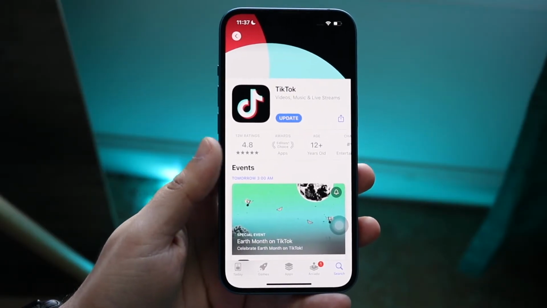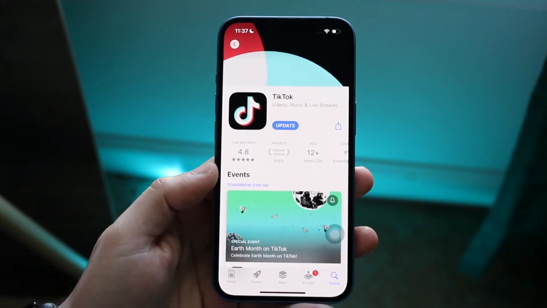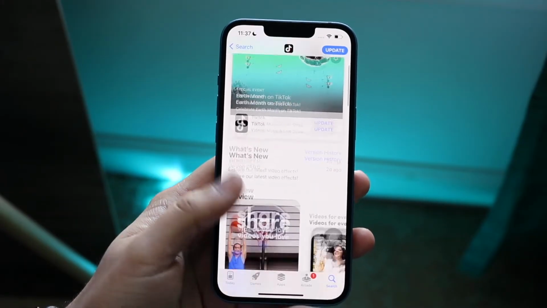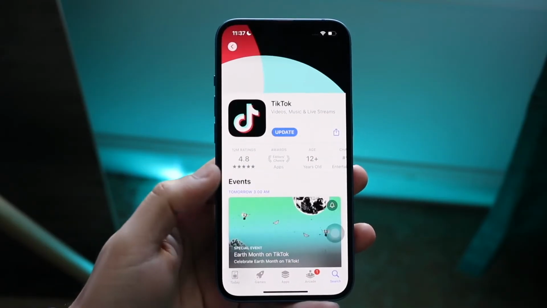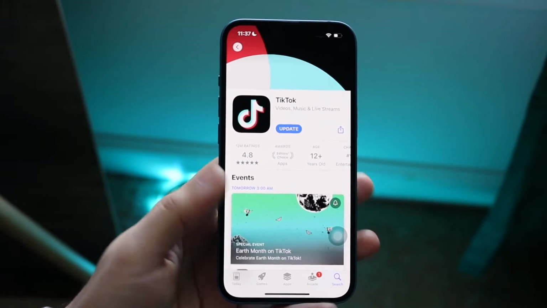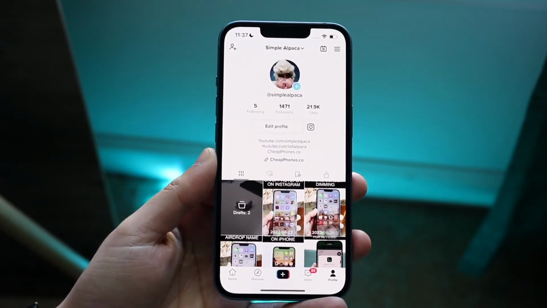What will happen is this application will update and it will be on its latest version of software. There can be some random issues within TikTok where for some reason the app doesn't work properly. The best thing to do in that specific case is to update the app, and that's really all you have to do. Now, if for some reason that doesn't work, the next thing I'd recommend doing is double checking and